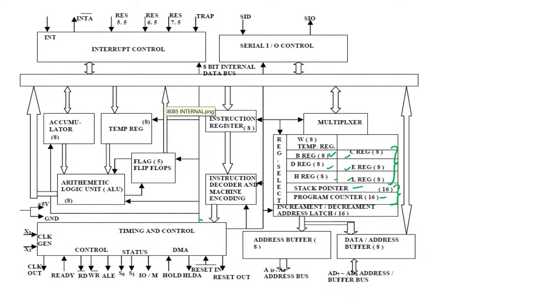We know that program counter is used to store the address of the next instruction, so it is the address register. In every processor you have two kinds of register, that is data register and address register. Data registers are used to store the data and address registers are used to keep the address, right? And all these registers are connected to address buffer and data buffer. Okay, for example, we have MAR and MDR. You can call them, address buffer is nothing but MAR, memory address register, and data register is nothing but MBR.